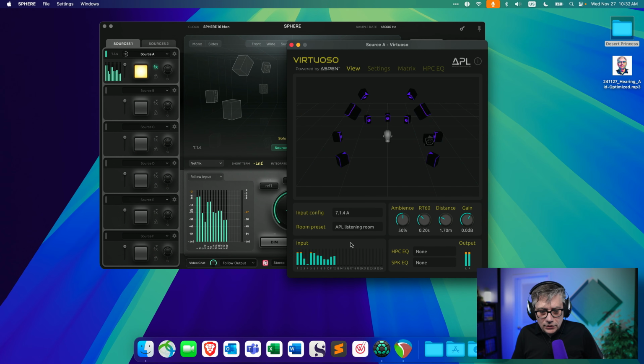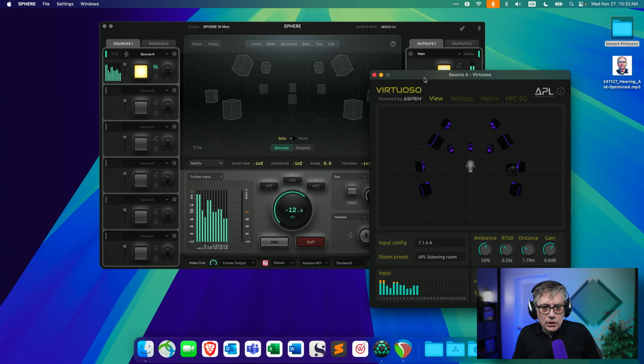Right, and this is now taking in the 12 channels. It's converting that into stereo. And what I'm now hearing is no longer really only the left and right channel. I'm actually hearing the downmix. Now, this is one way to do that.